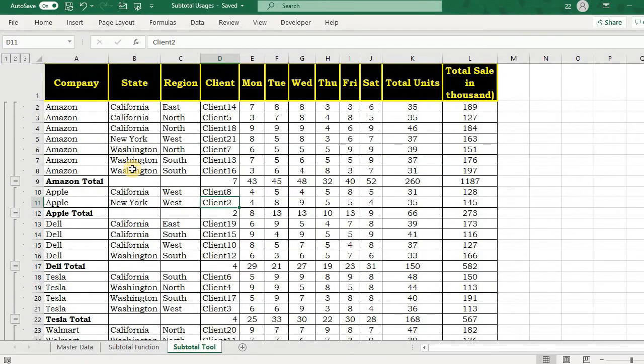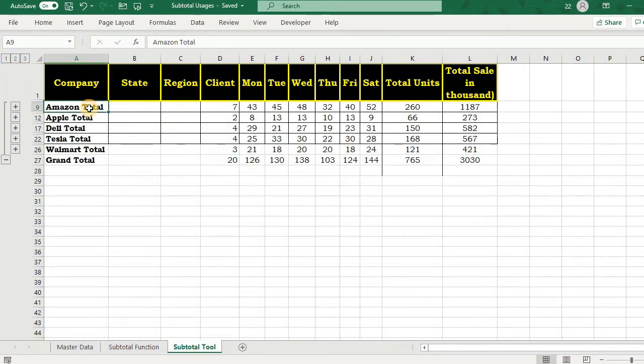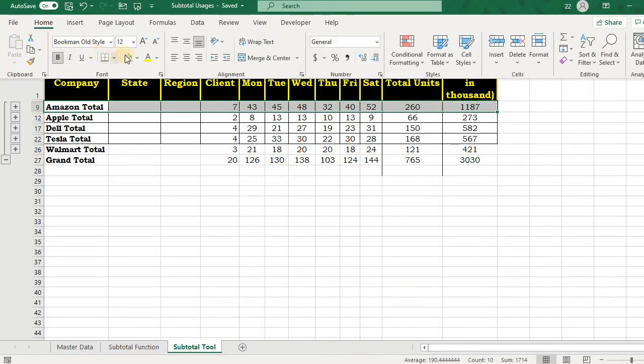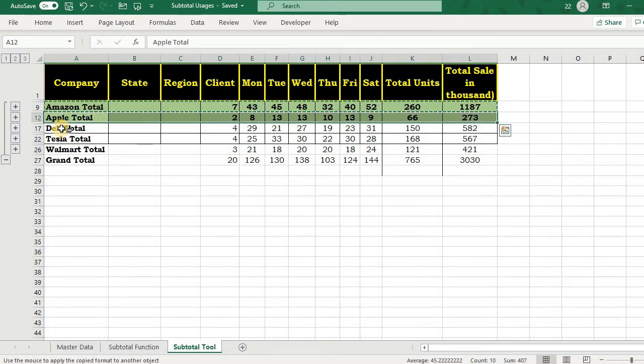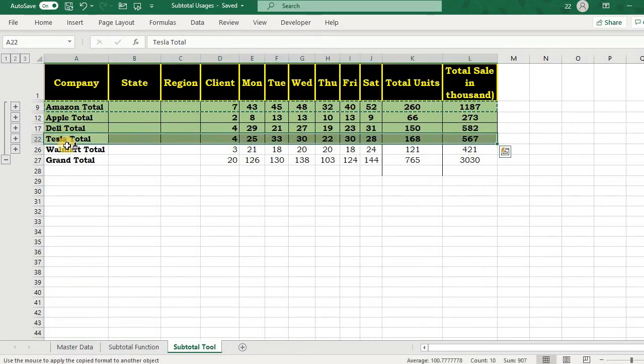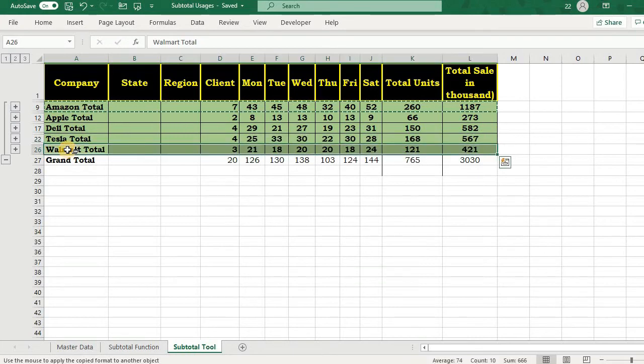For aesthetic purposes, we would like to differentiate these rows of totals. So we need to give a different shading or color to these rows, like say this, and bold as well. I have selected this, Dell total, Tesla total, and Walmart total.